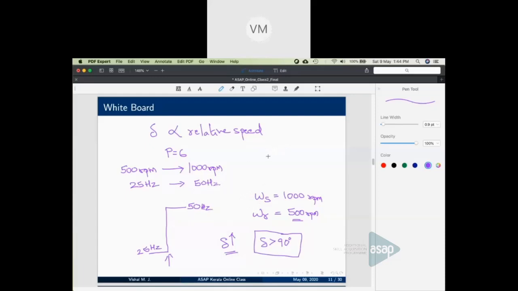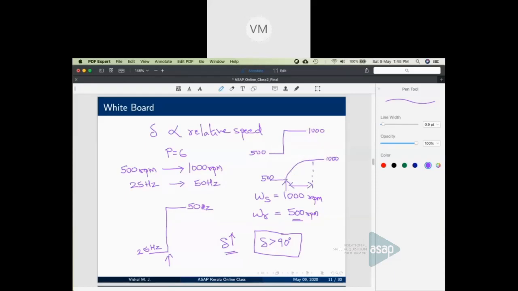Why this problem came? We were changing frequency in a stepped manner. Say 500 rpm was here. We wanted to change it to 1000 rpm immediately. Instead, what we do is we gradually go like this. 1000 is here, 500 is here. Instead of a step manner, we give a delay, and after some time, we reach 1000.